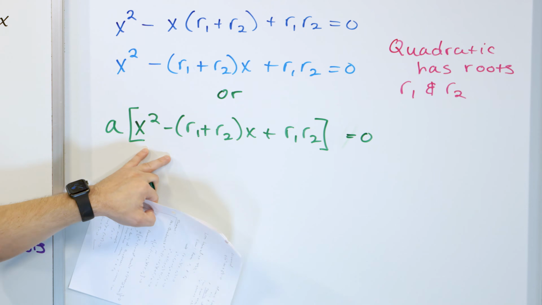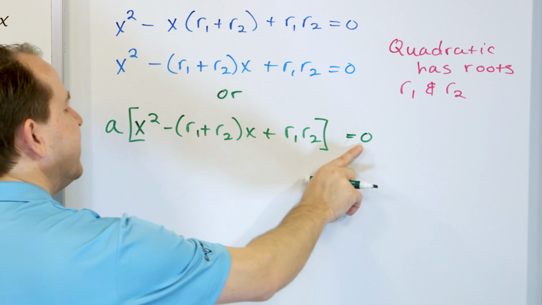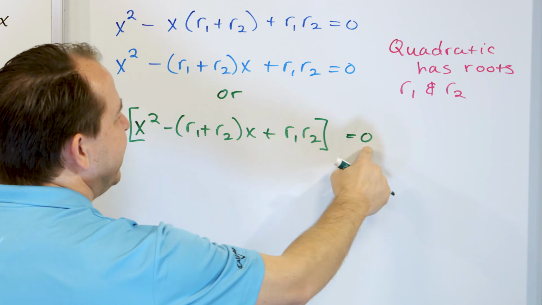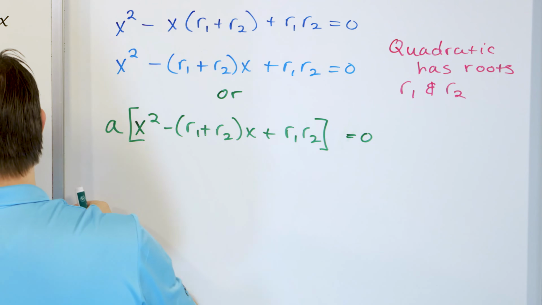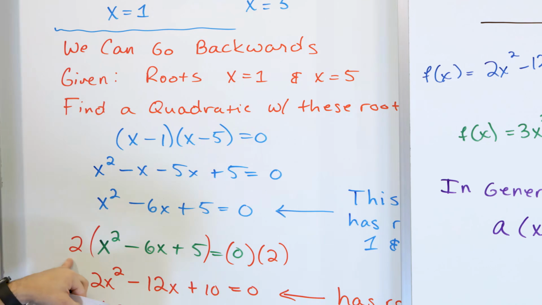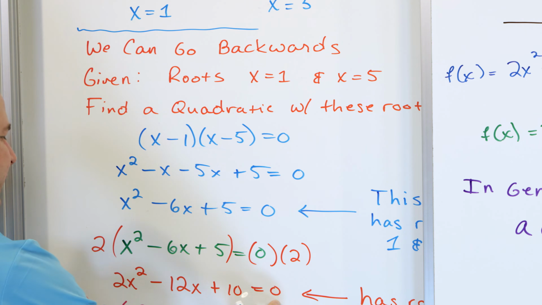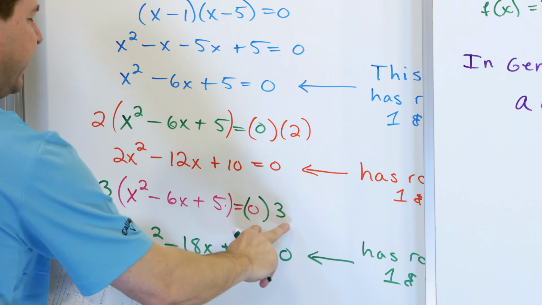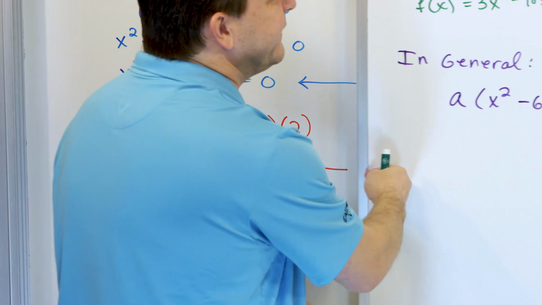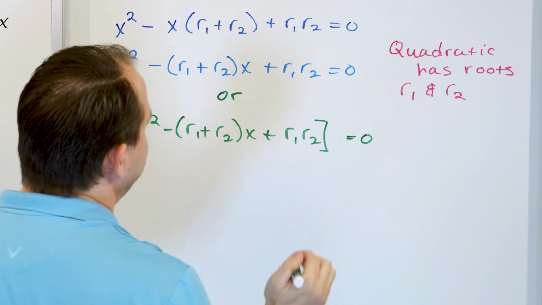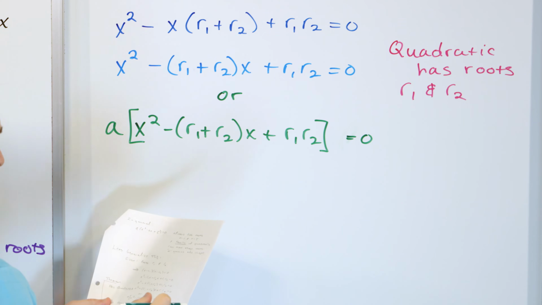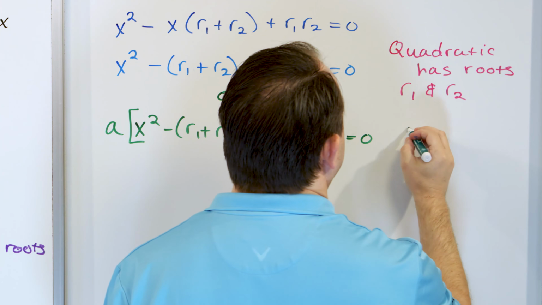And that will generate the family of polynomials. Why did I not multiply it on the right-hand side? Well, I did, but it's 0. So if I write a times 0, it's still 0 on the right, just like it was over here. When I multiplied by 2, then I multiplied 2 times 0, it still was 0. Multiplied by 3, it's still 3 times 0 and 0. So you see, really you only have to multiply the left-hand side because the right-hand side is going to be 0 no matter what. So the idea is, this is the family